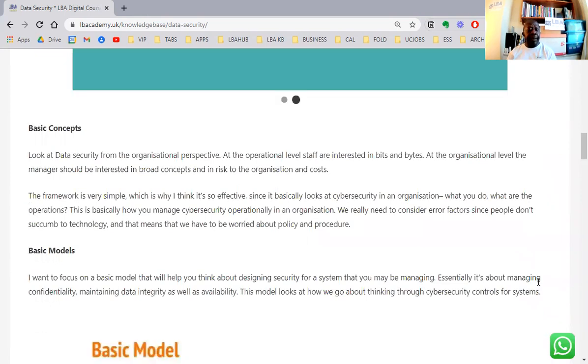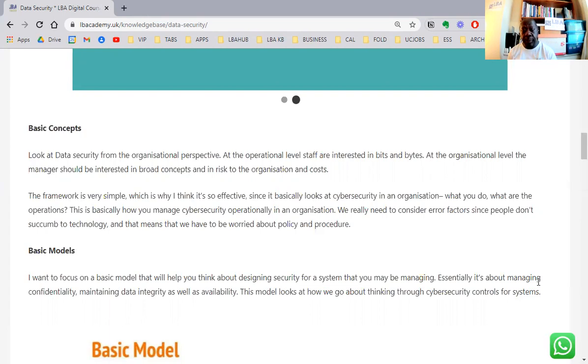So here are some basic concepts. If we look at data security from the organizational perspective, at the operational level, staff are interested in bits and bytes, but also the manager should be interested in the broad concepts and in risk to the organization and costs. The framework is very simple, which is why I think it's effective, since it basically looks at cybersecurity in an organization.